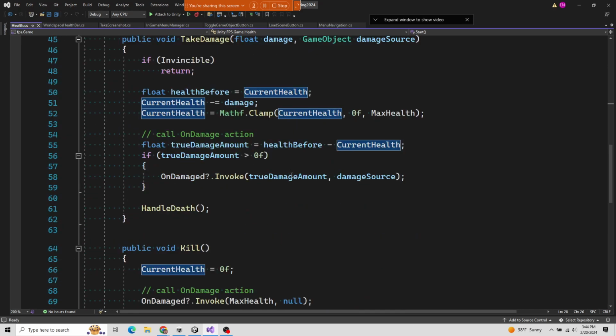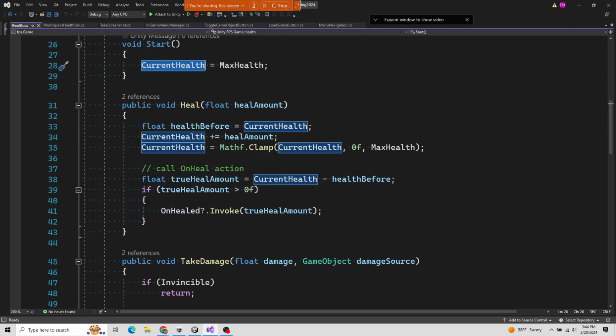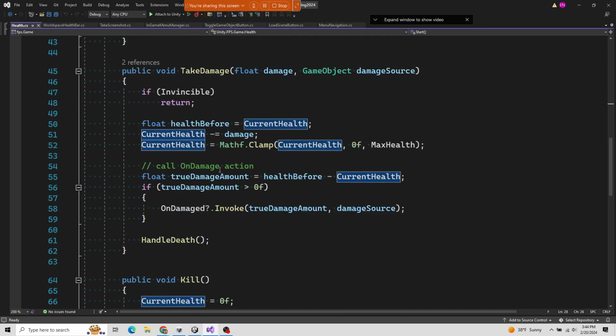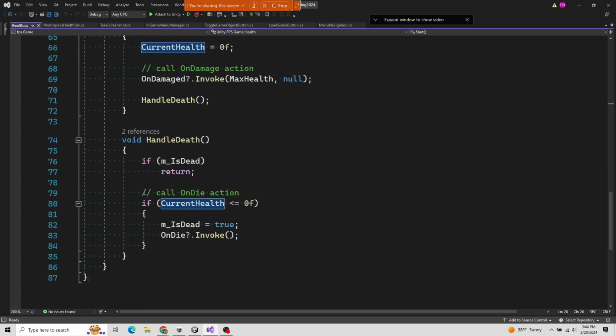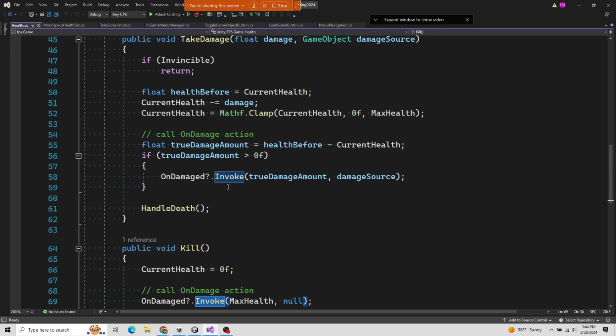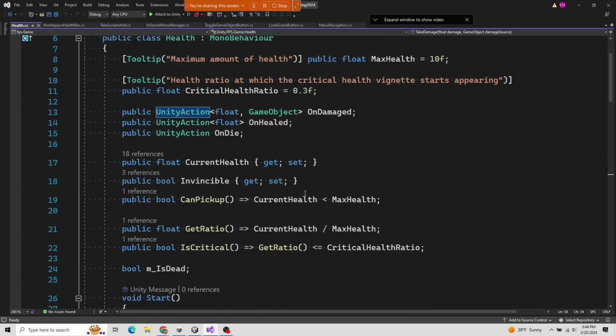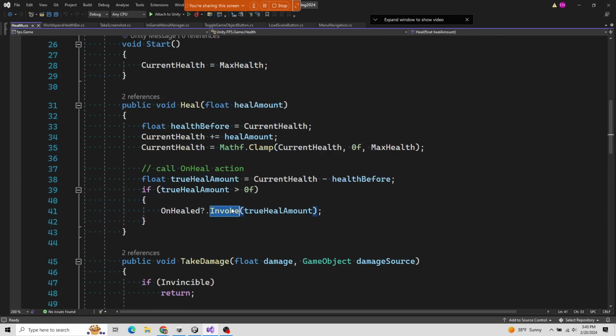It's a little bit more advanced than the 2D one. So we have a heal, we have a take damage. These are all public. Kill, handle death. So nice. What I like is that we have a lot of invokes which deal with these Unity actions. So invoking an event and subscribing to an event. And so that's kind of the correct way to use events, as opposed to like the 2D game where that developer had that kind of